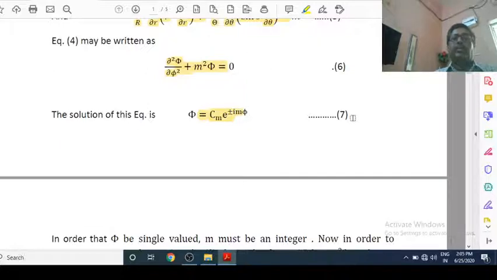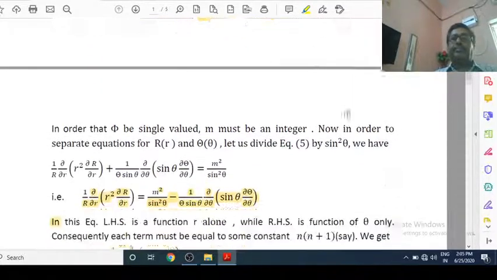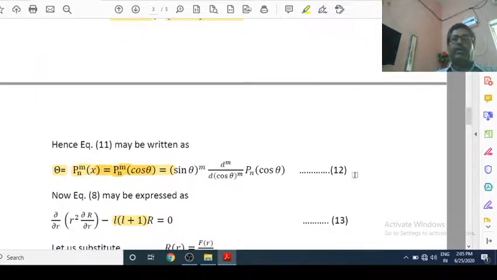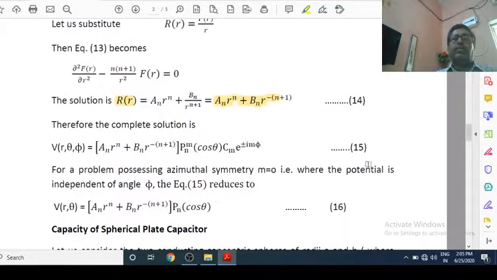This one. So equation 7, equation 12, and equation 14. If we combine, we get the complete solution. V is equal to R theta by this one. This is the complete solution. Here